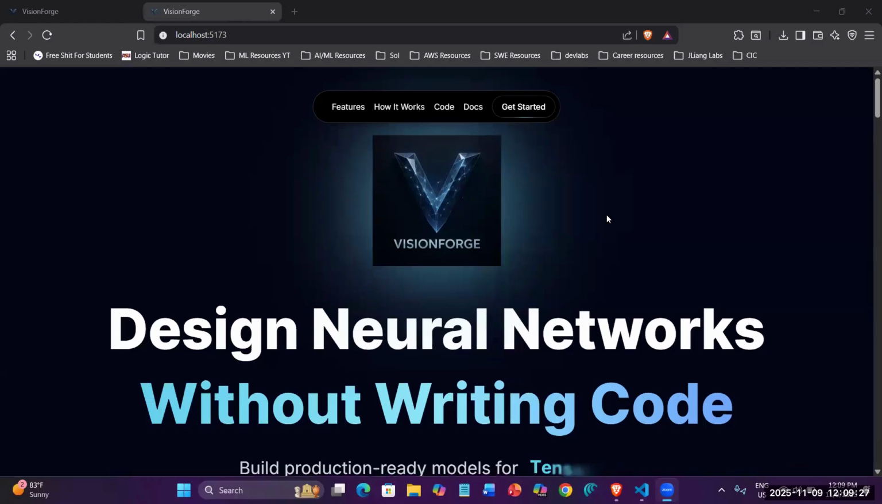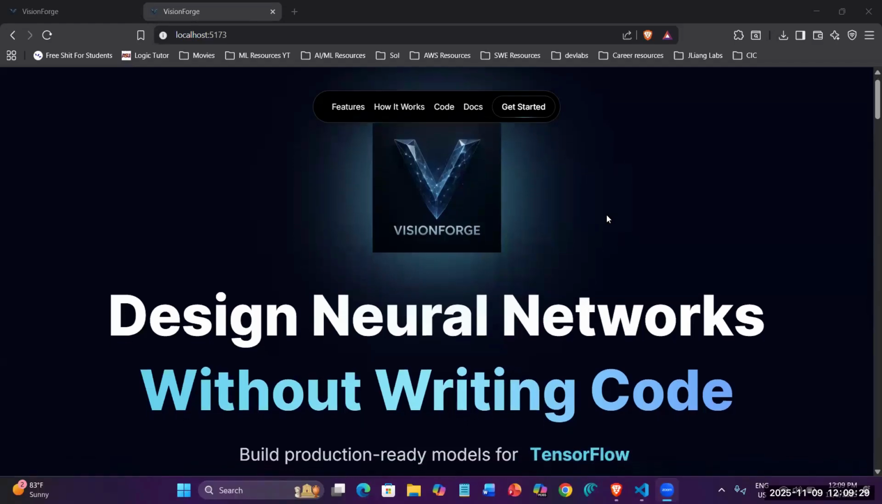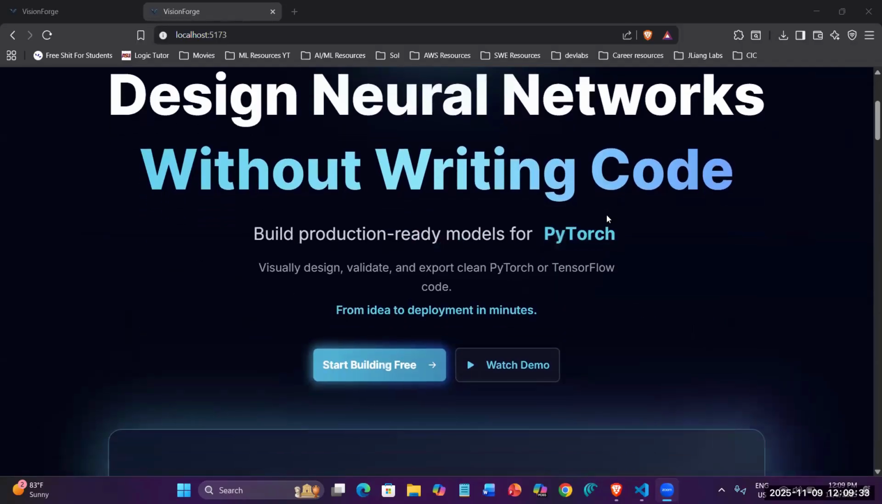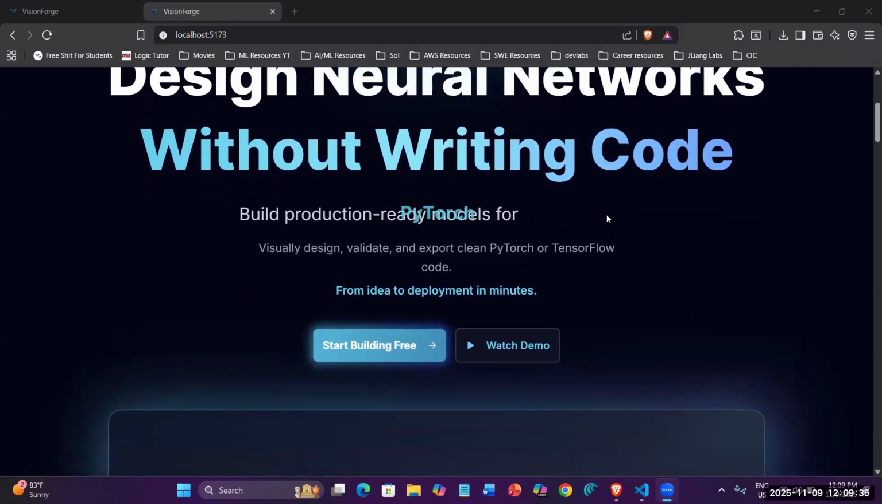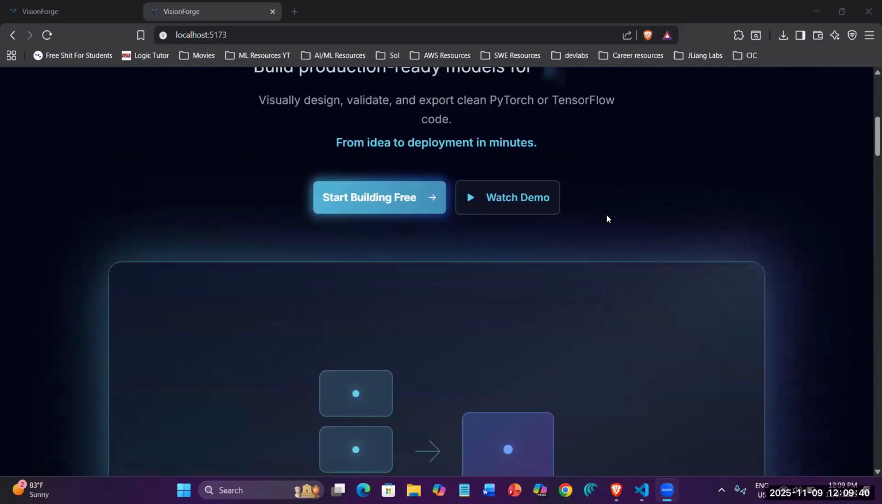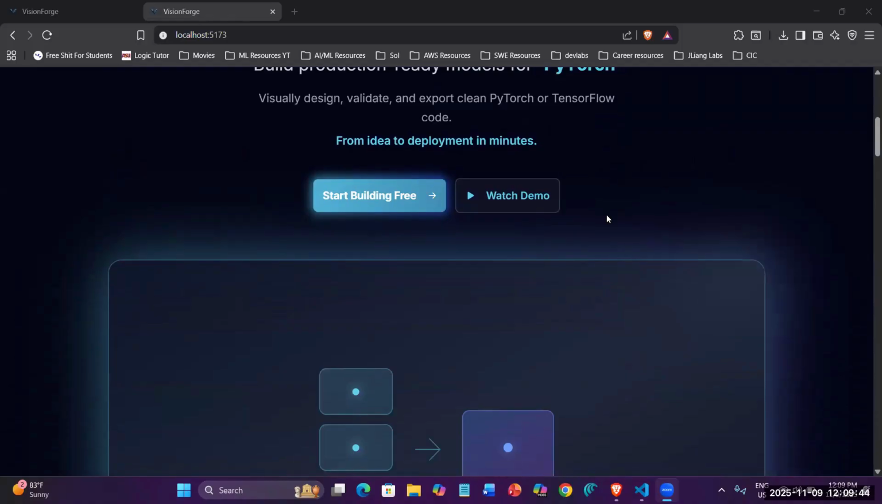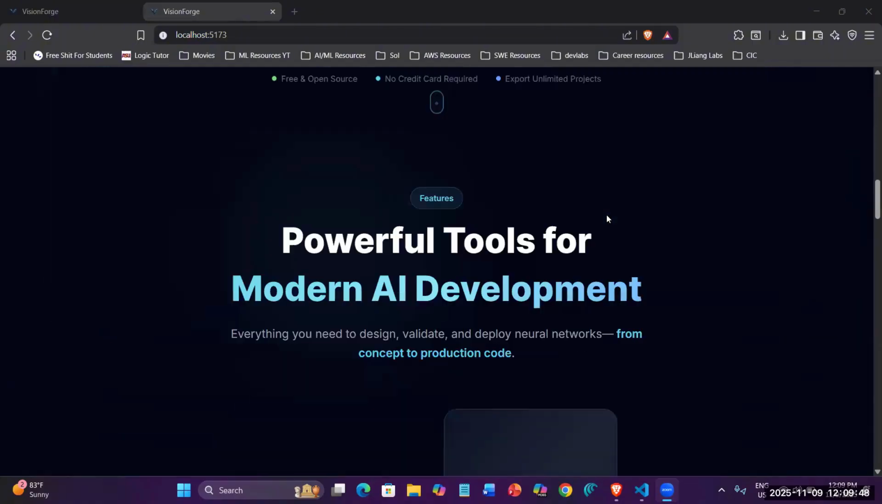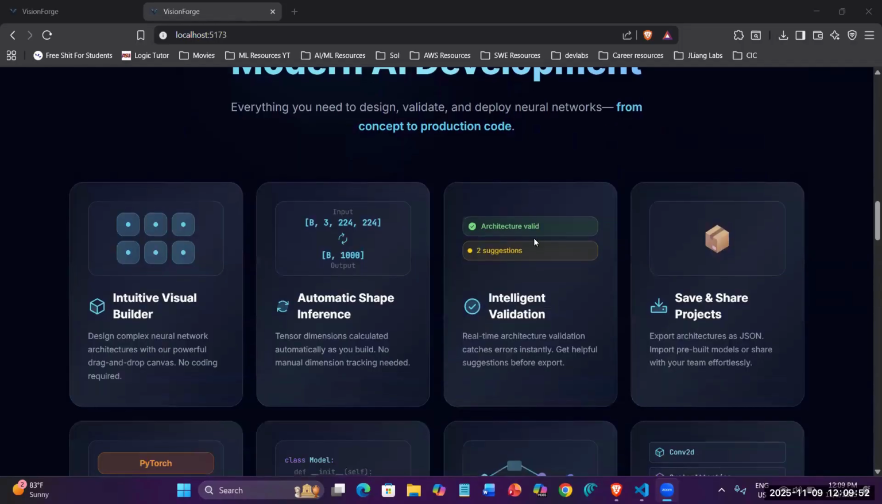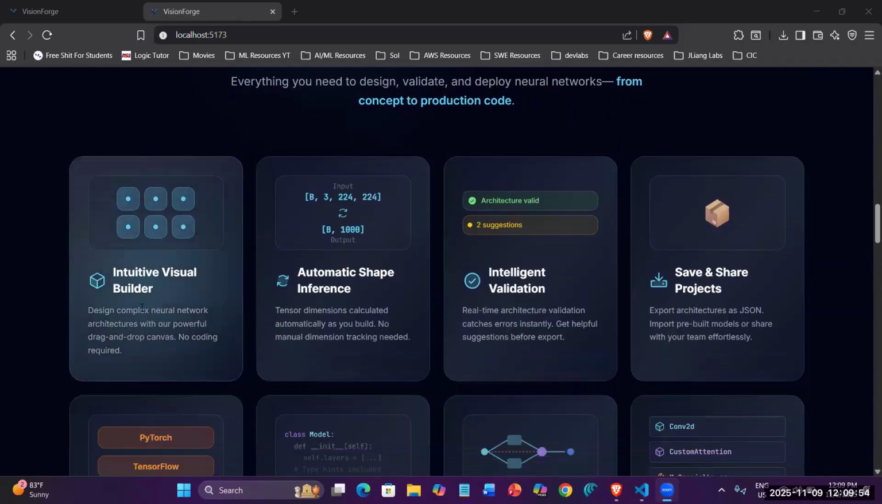Everyone, we are Team VisionForge, a platform to design neural networks and deep learning architectures without writing a single line of code and build production-ready models for PyTorch and TensorFlow. We visually design, validate, and export clean PyTorch or TensorFlow code to get your idea from idea to deployment in minutes. All you have to do is use our powerful tools for modern AI development through our visual intuitive builder,